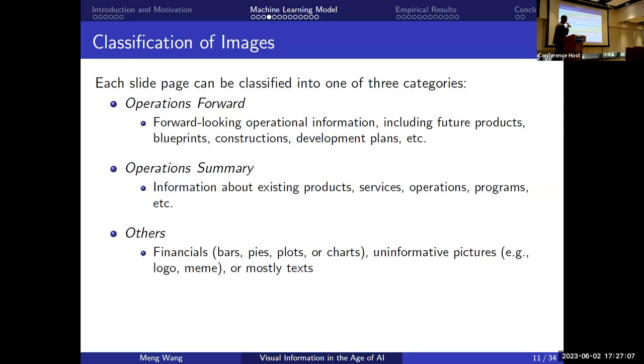Each slide page can be classified into one of three categories. The first category we call operations forward. It has to be, first, forward-looking information, and second, operational information. Examples would be future products or blueprints, construction sites, or development plans. To give you some examples,